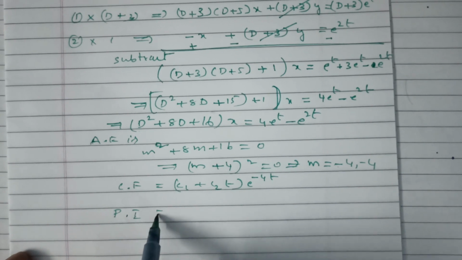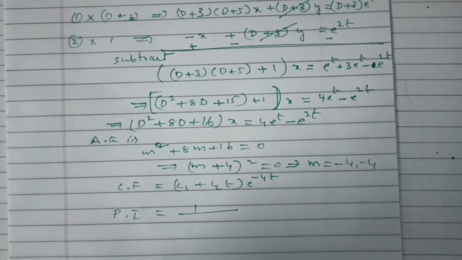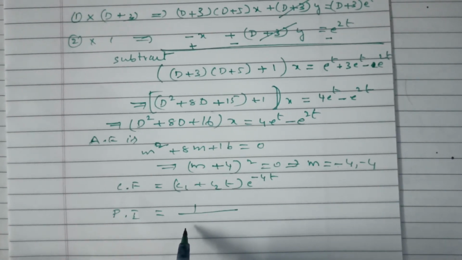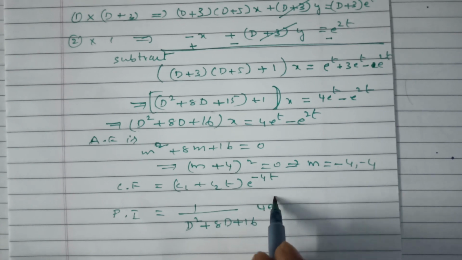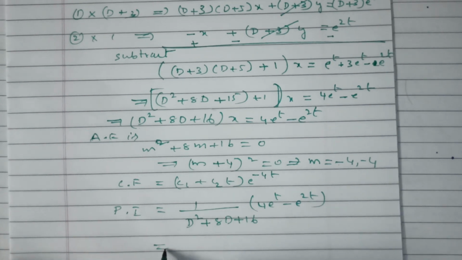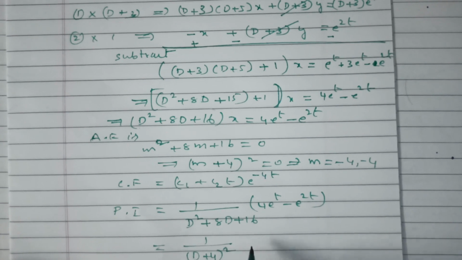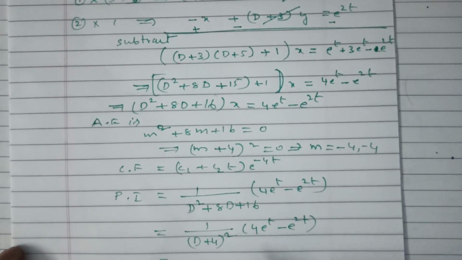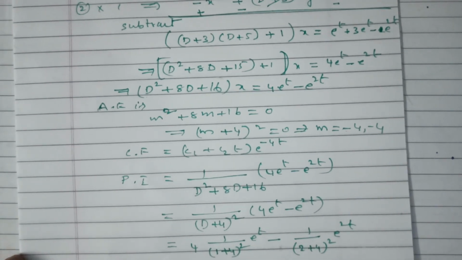Next, PI is equal to 1 divided by D square plus 8D plus 16 into (4 e power t minus e power 2t), which is equal to 1 divided by (D plus 4) whole square into (4 e power t minus e power 2t), which is equal to 4 into 1 divided by, the t coefficient is 1, so (1 plus 4) whole square e power t, minus 1 divided by, the t coefficient is 2, so put D is equal to 2, (2 plus 4) whole square into e power 2t, which is equal to